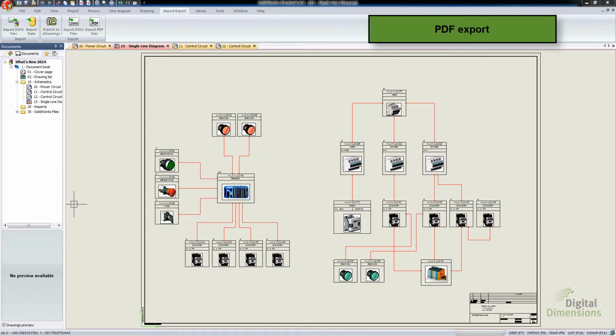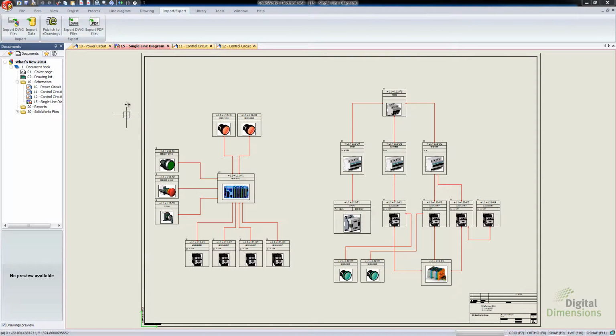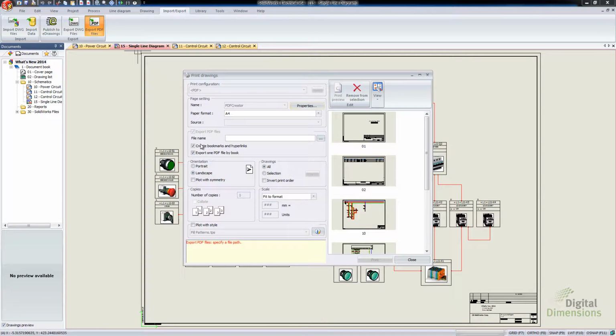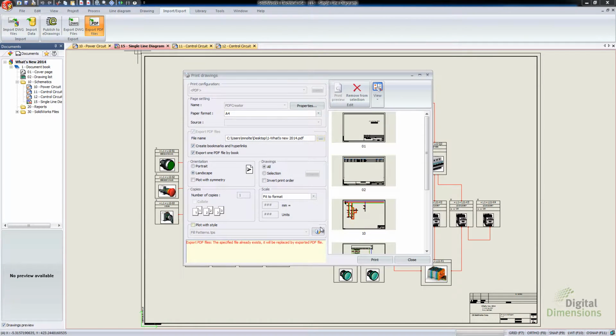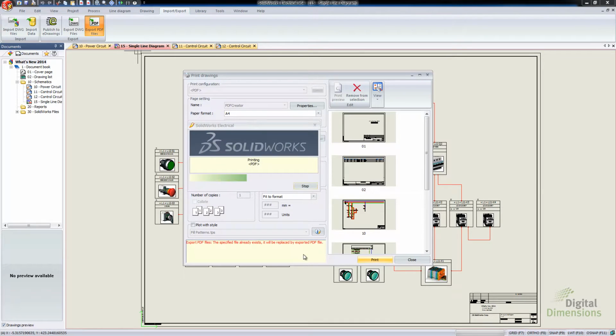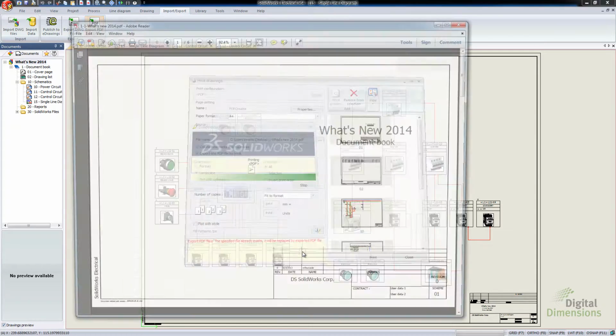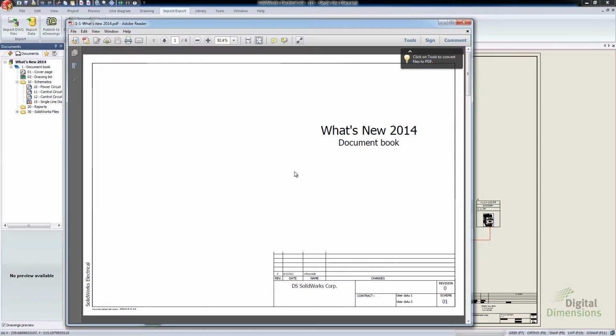PDF export is this next one, and I think this is a really good enhancement for creating the documents for the end user. So I'm over here on the Import Export tab. I'll do Export PDF Files, and there's this new option, Create Bookmarks and Hyperlinks. So I'm just going to give this a name, and I'll say Print, and it's going to create a PDF based off of the